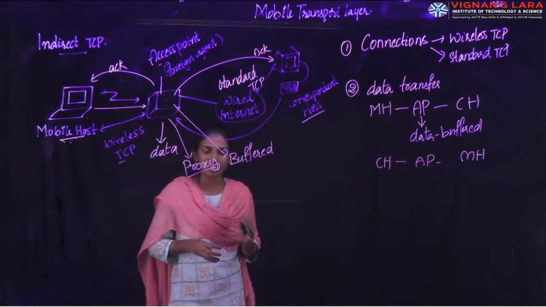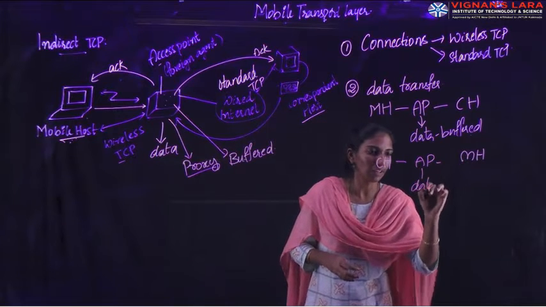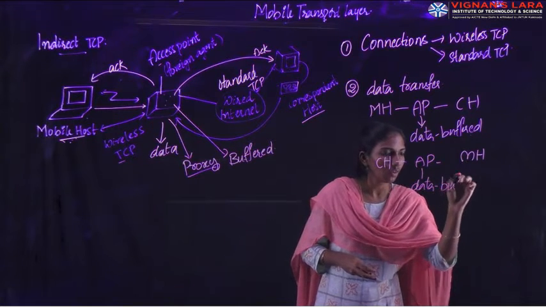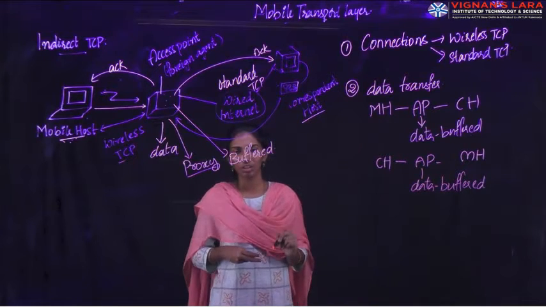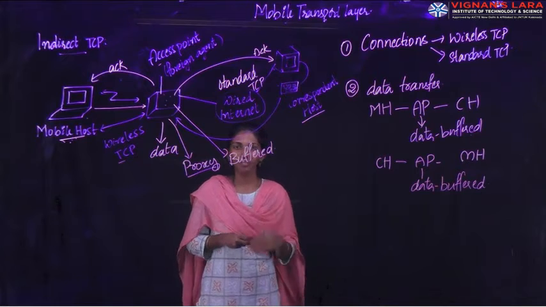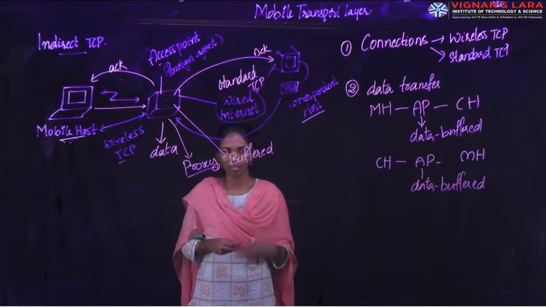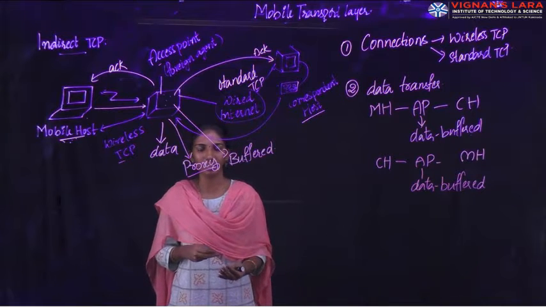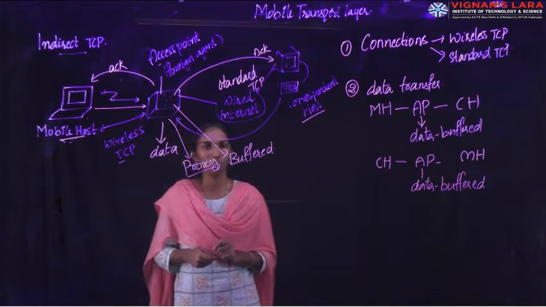So, simply this is the case that is happening in the indirect TCP. Now if the data is successfully transferred over the network, it is okay for us. But if the data is not successfully transferred over the network, or some other error has occurred in the network, what happens? What does it need to do? This is a case where we need to make clear.